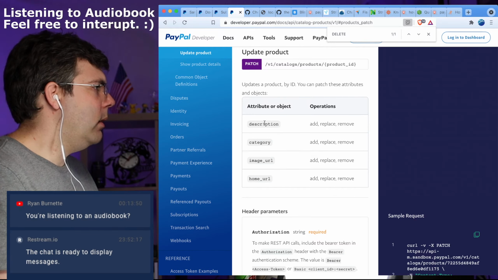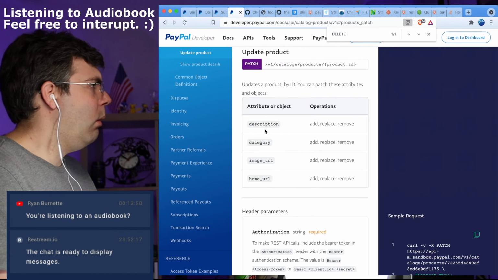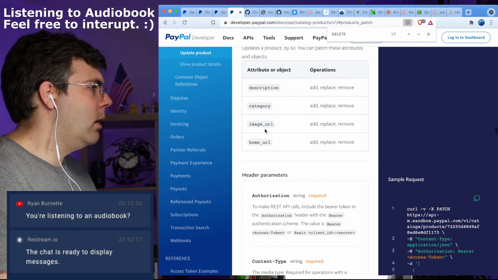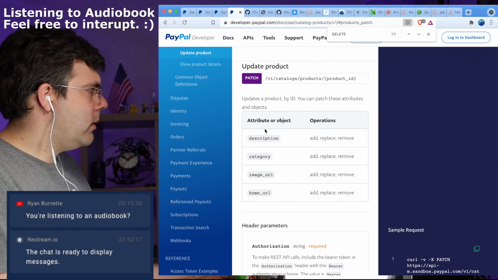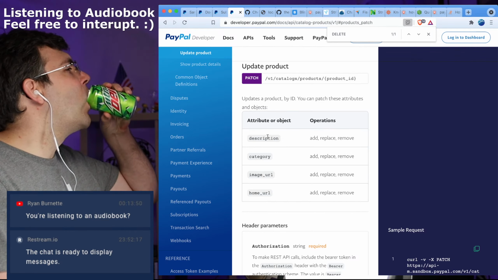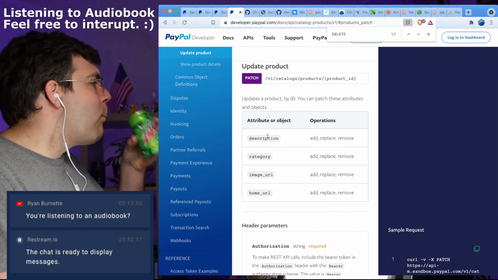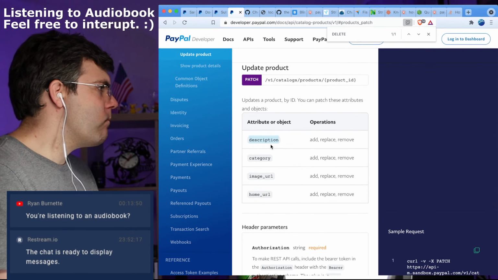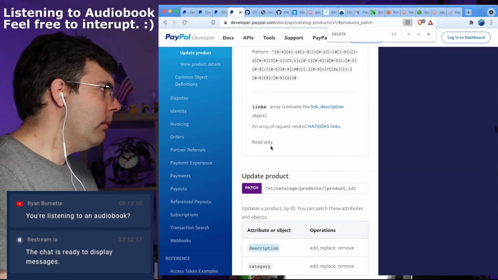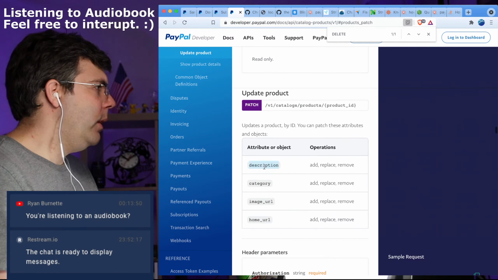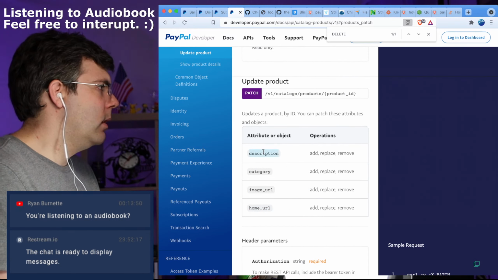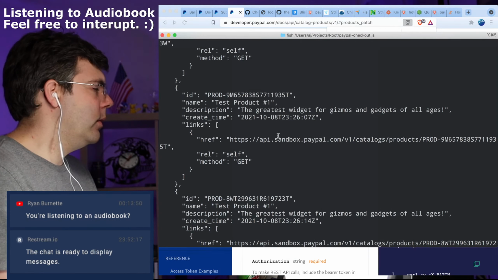Oh, you can't rename it? Huh? Interesting. So all we can do is change the description, category, image. Okay. Interesting. Good to note.